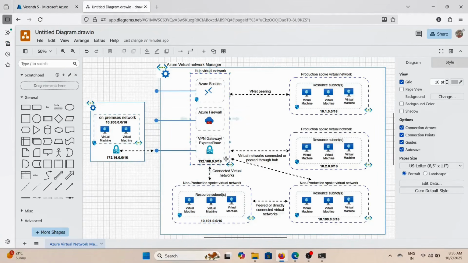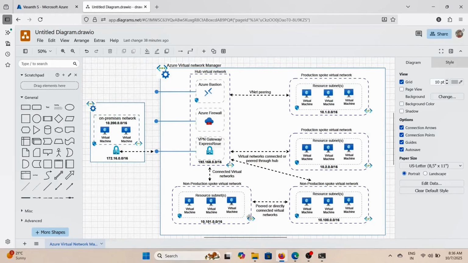So let me check the cost. We'll check the cost also, and everything is fine. Everything is connected successfully. We did not miss anything. If you want, you can pair one more VM also, but it's not needed. So from production one,